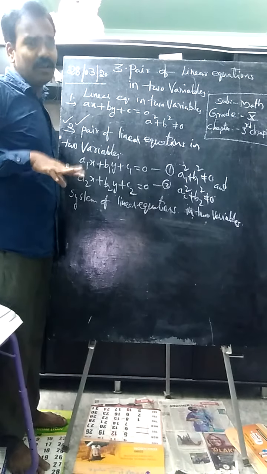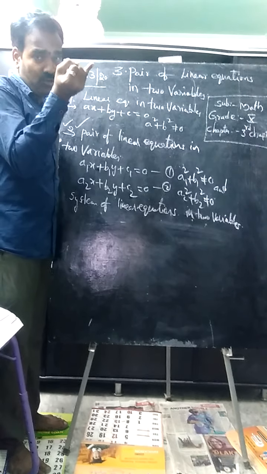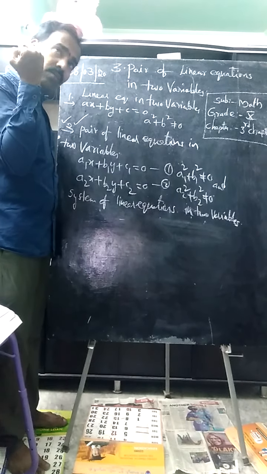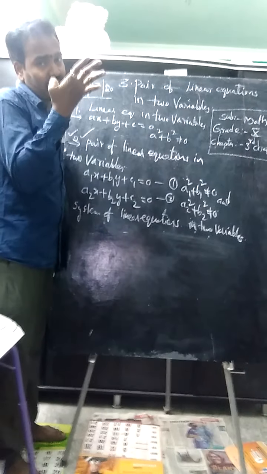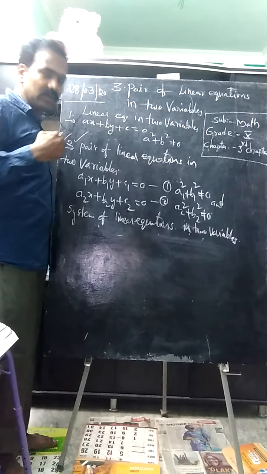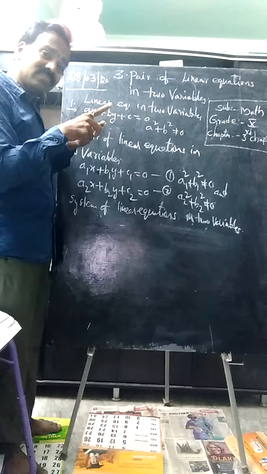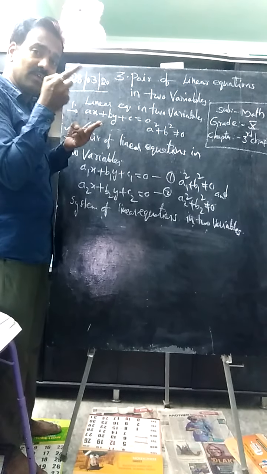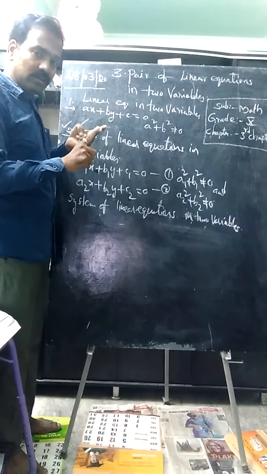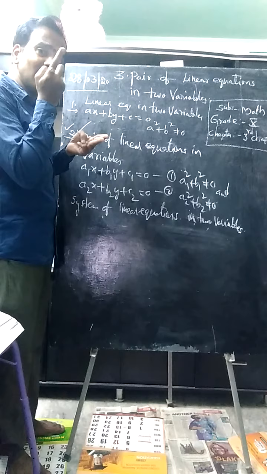In the third exercise you will learn about different algebraic methods. First you will learn about the substitution method, and after that you will learn about the elimination method. In the fourth exercise you will learn about the cross multiplication method. Fifth exercise, first exercise geometrical representation, second exercise different conditions for a pair of linear equations in two variables, the system of linear equations in two variables. Third exercise, graphical representation also, and you will learn about the substitution method, one of the algebraic methods